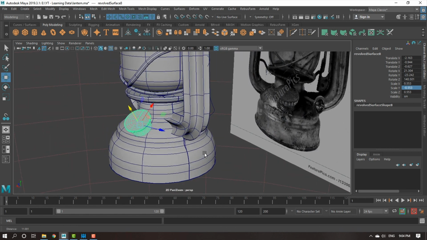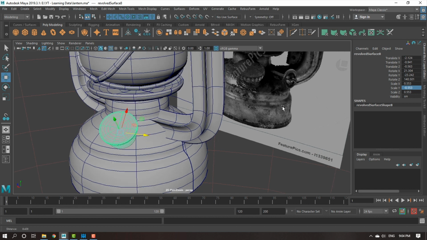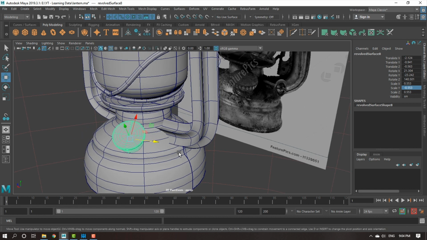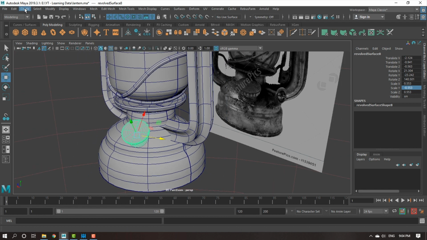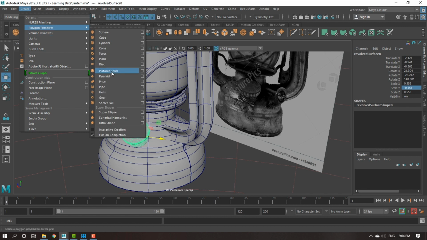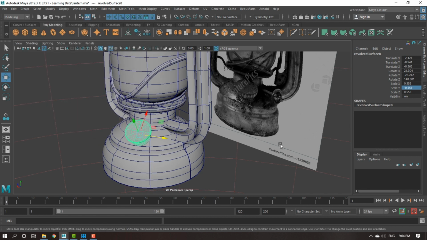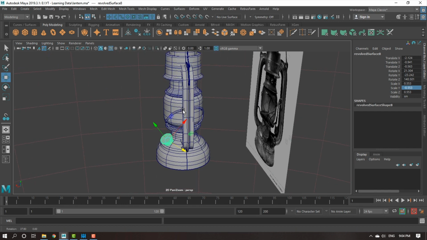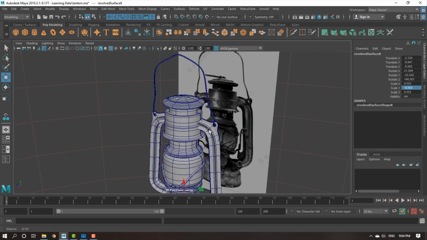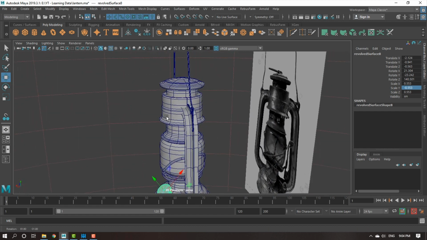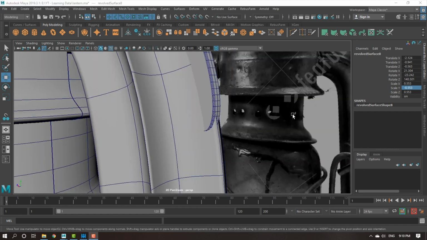Also I have this thing coming out of this. So you can just simply take a cylinder from polygon, and we can just place it here. So let us not do it right now. Let me convert the model to polygon, then we will switch to polygon. Now this is the thing with which I'm happy. I'm happy with the model. So as you can see, I have kept this part also pending. So I will cover that in the polygon modeling.